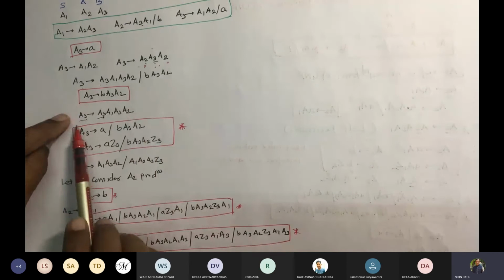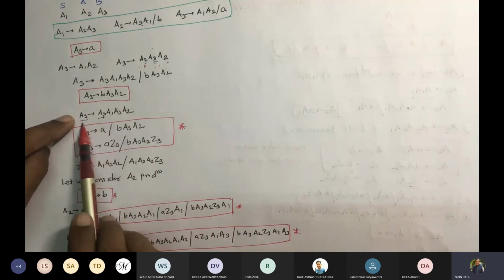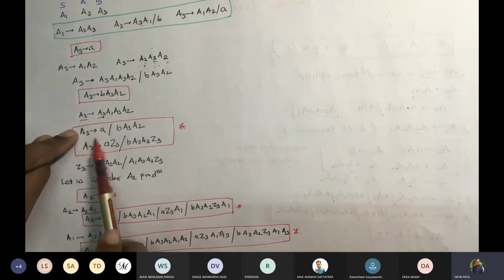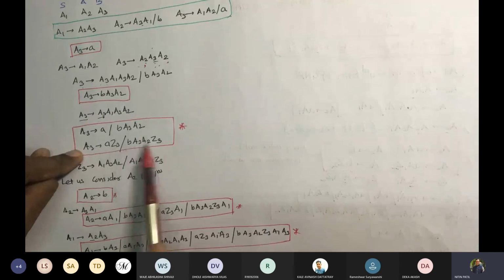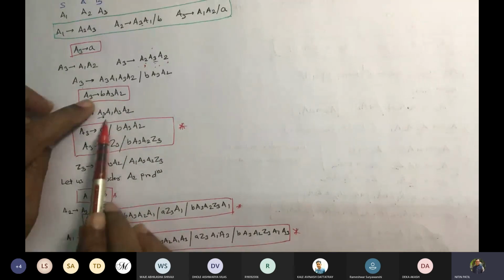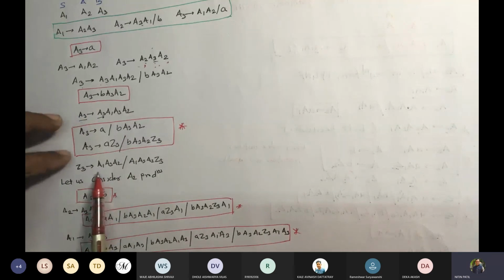फिर हमने ये बोल दिया कि required form में है. तो next आया हमें A3 use A3 A1 A3 A2. सो A3 A3 इंडेक्स मैच हो गया, इसलिए new variable introduce करना पड़ा. तो जो required form में थे दोनों, उनको लिख लिया पहले. फिर उसके बाद ये नया introduce किया गया variable suffix करके लिख दिया. So we got these 4 productions and we wrote Z3, जो remaining था A1 A3 A2 वो लिख दिया और उसके साथ Z3 लिख दिया.